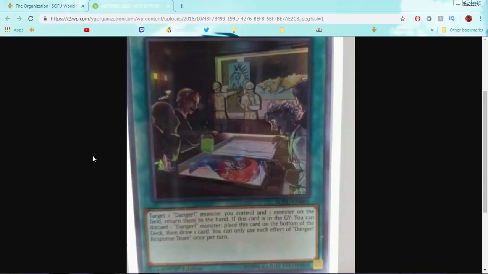So you get to just target one danger you control and one monster on the field, return them both to the hand. It doesn't even have to be a monster your opponent controls. You could target two dangers you control, return them to the hand, and then, sorry, it doesn't banish, it puts itself back in the deck on the bottom of your deck so you can search it off Nessie again. Heck, if you really wanted to, you could go off on your plays, have Nessie on the field, because let's say your opponent picked Nessie and you special summoned him so you didn't get to search. So then you activate this card, bouncing Nessie to your hand, bouncing a monster your opponent controls,